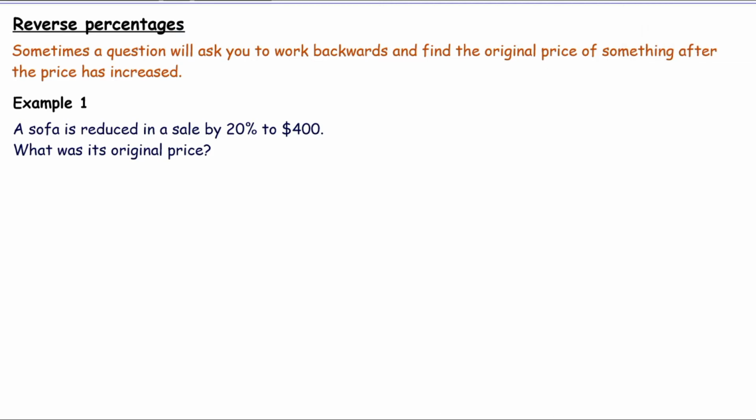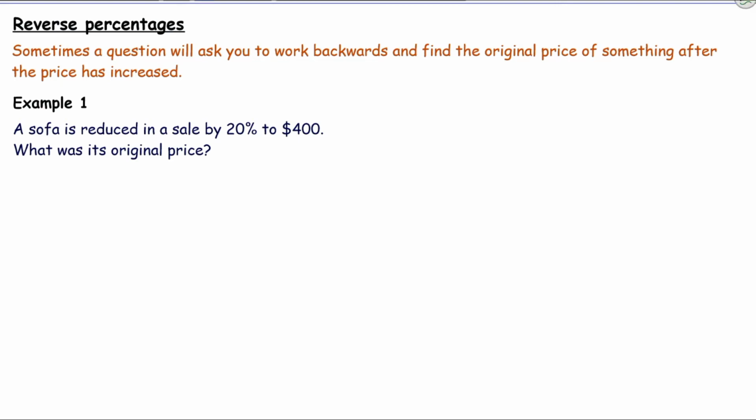Sometimes a question will ask you to work backwards and find the original price of something after the price has been increased. For example, in this question, a sofa is reduced in a sale by 20% to $400. What was its original price? Now, before we start solving it, and I'll use two methods to solve this question, let's try and understand the question first of all. So a sofa is reduced in a sale by 20%